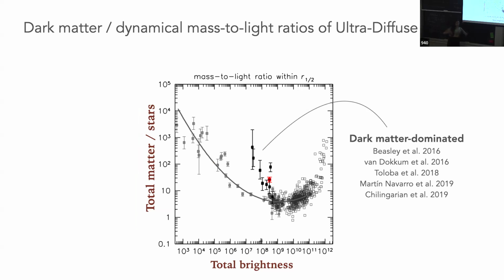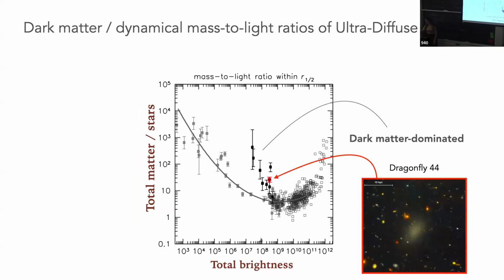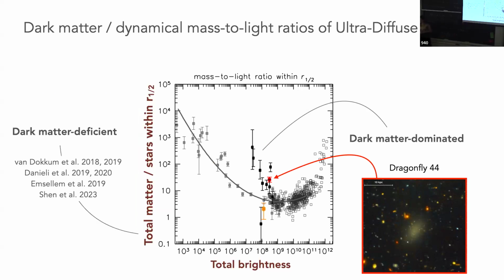Which for me made sense, because something needs to hold these galaxies together. And here is one of them, the one that we saw before, Dragonfly 44. This one is in the Coma cluster. And then we also found these two galaxies, DF2 and DF4, that are very dark matter deficient, okay? The way I like calling it is: what you see is what you get. You don't need dark matter. You look at the motion of the stars, the velocity dispersion, and it fits perfectly to what you would expect only from the stars. So what you see is what you get.